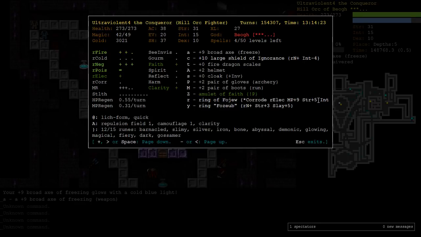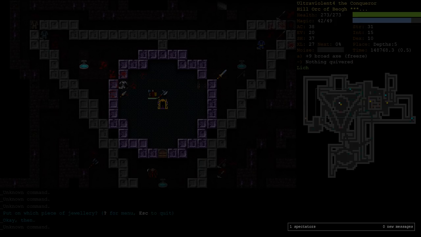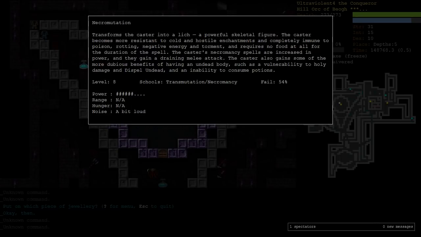So let's see. I guess we could, it would allow us to wear another RF ring to get 3 pips of RF in there. That would be really nice. Let's keep going. We become completely immune to poison, rotting, negative energy, and torment. This torment bit is especially important in hell. You require no food at all for the duration of the spell. You become like a mummy. It's not really important, but